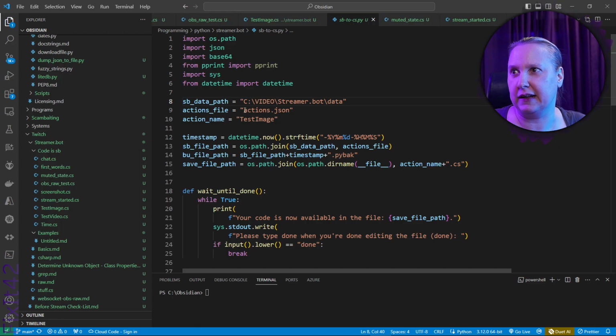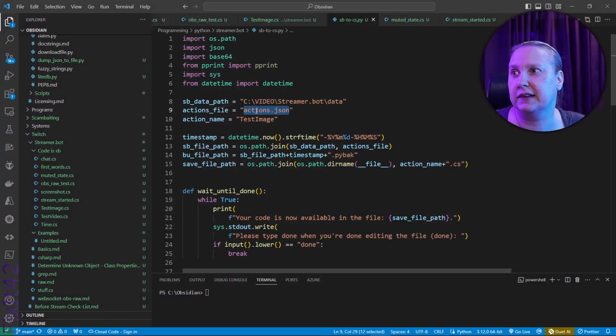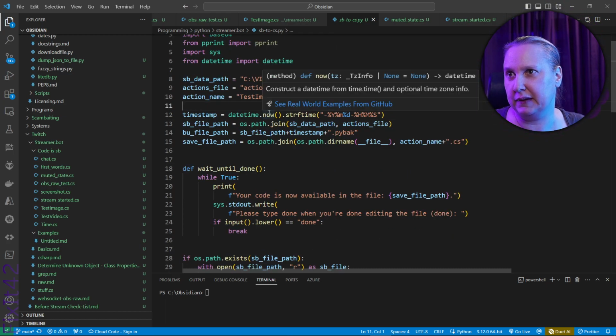And the data, this is a file where it saves all these actions and all the information in them, all the sub actions and everything. And in that there it also saves the actual code, but it converts it to another format. So